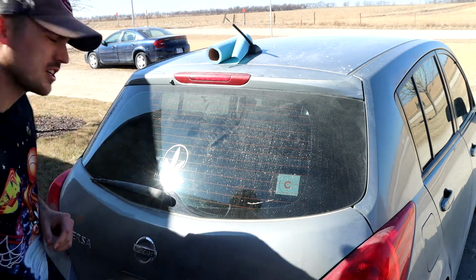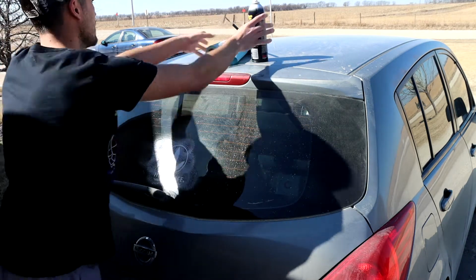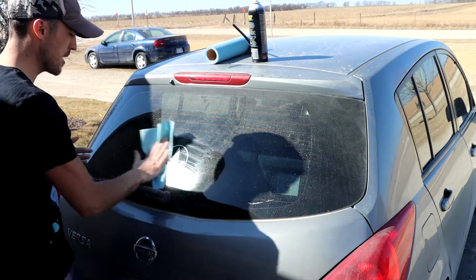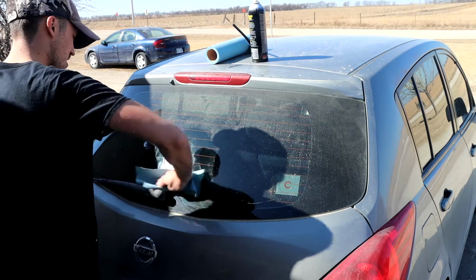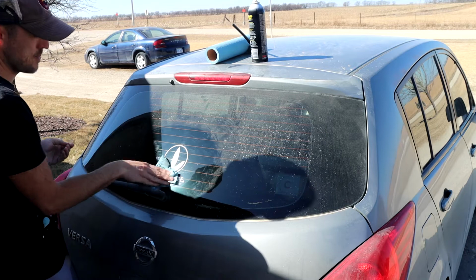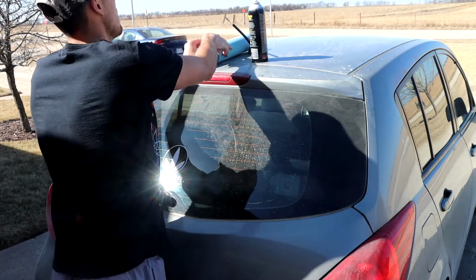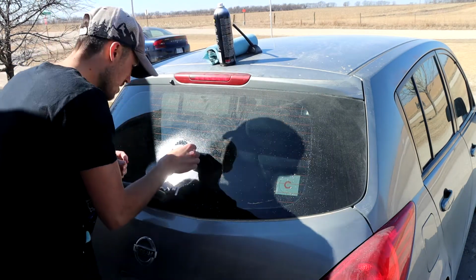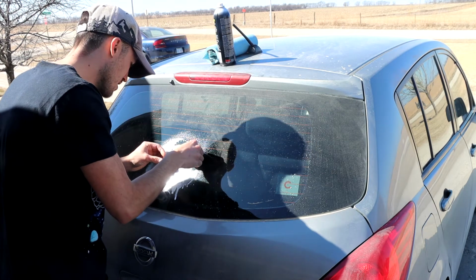So the first thing we need to go ahead and do is spray that. Get a microfiber towel or a shop towel or a paper towel, doesn't matter. Clean this off. Make sure there's no dirt and residue. It doesn't matter about the streaking at this time, just as long as it's clean. Then you want to go ahead and spray it down. Then you want to go ahead and get the razor blade under the sticker